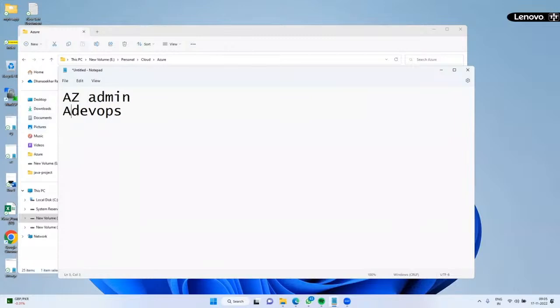The administration paper is AZ-104, and the DevOps certification paper is AZ-400. What topics am I going to cover? How to create an Azure subscription, that all we will see in the next session.